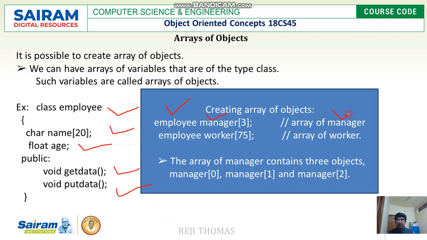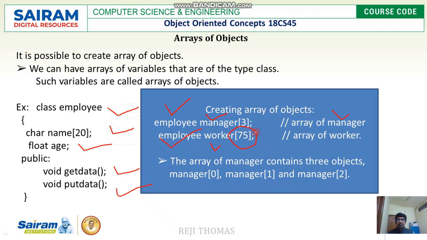Same way, if you want to read for many workers, say 75 workers, this can be done like this. You have to give again the class name, the object name, and 75. So here we can read the information for 75 workers. An employee can be either a manager or a worker. So we wanted to read three managers' information, like their name and age, and we want to read 75 workers' name